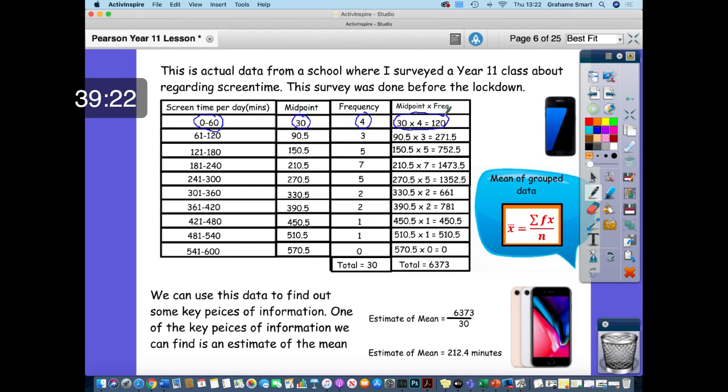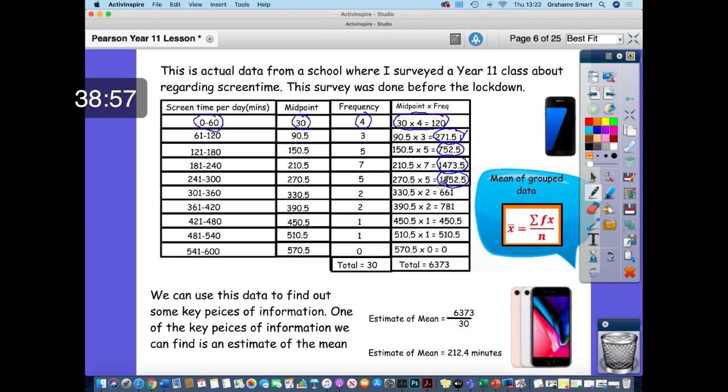And I do the same row by row. So 61 to 120 is my interval. The midpoint is 90.5. The frequency was 3. So I do 90.5 multiplied by 3 to give 271.5. And you can see here, I'm doing that for each row. I'm getting each value here, each row. I'm doing the same calculation. And of course,